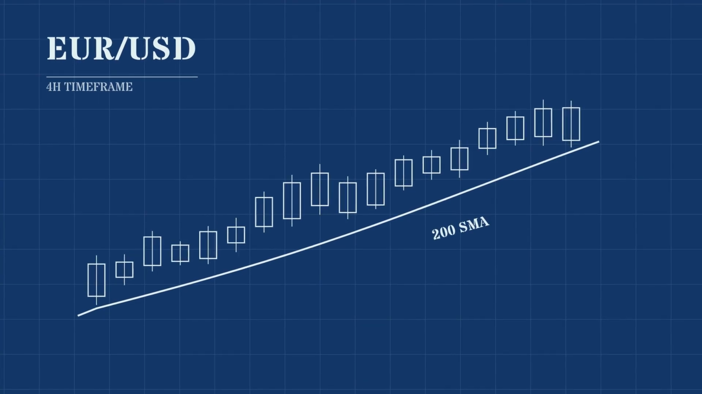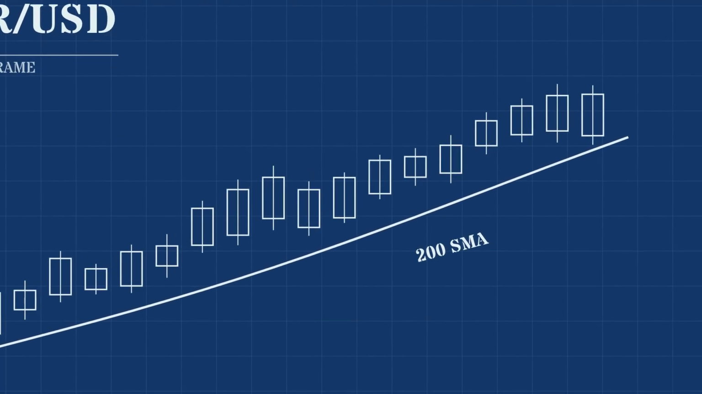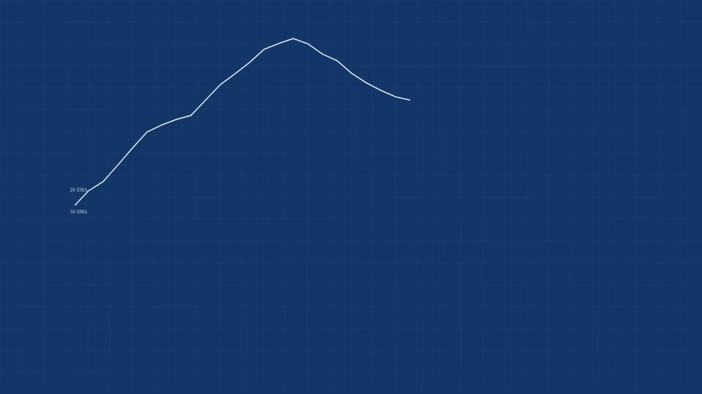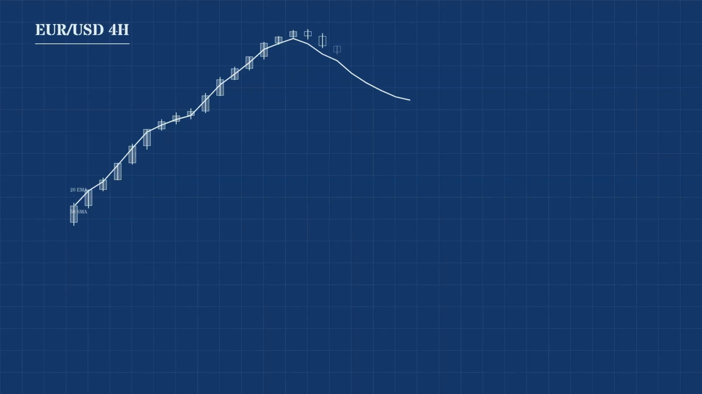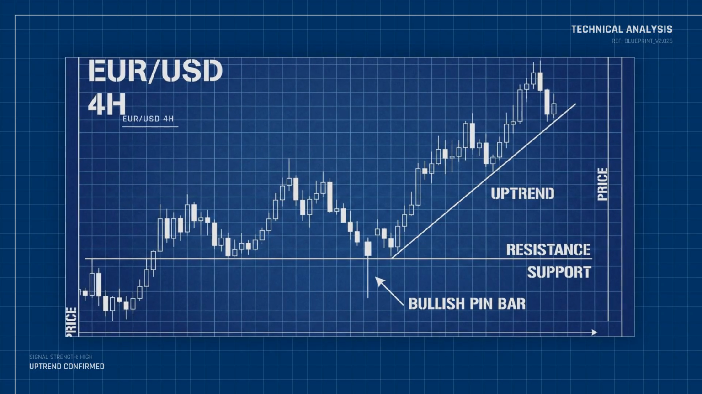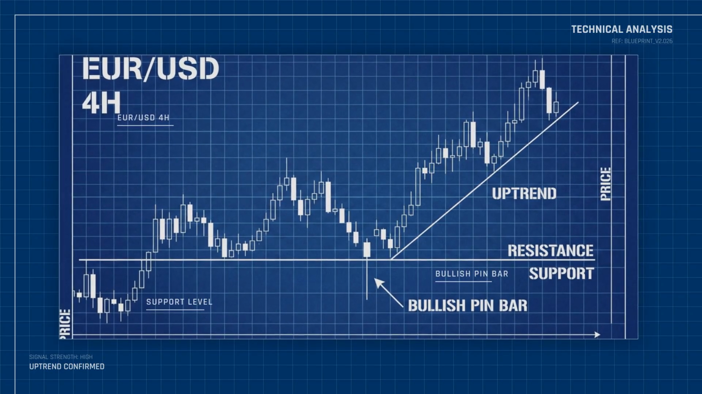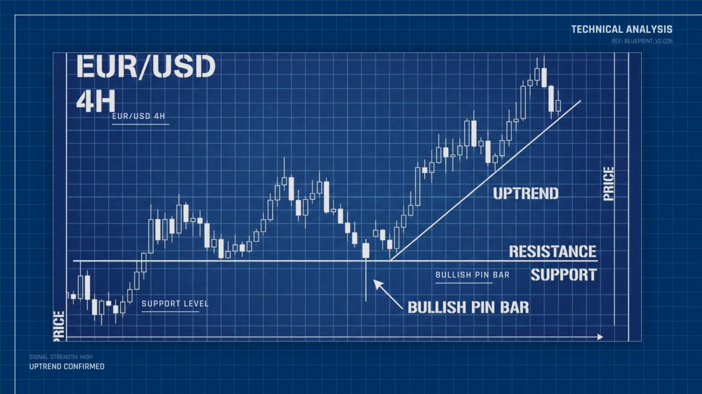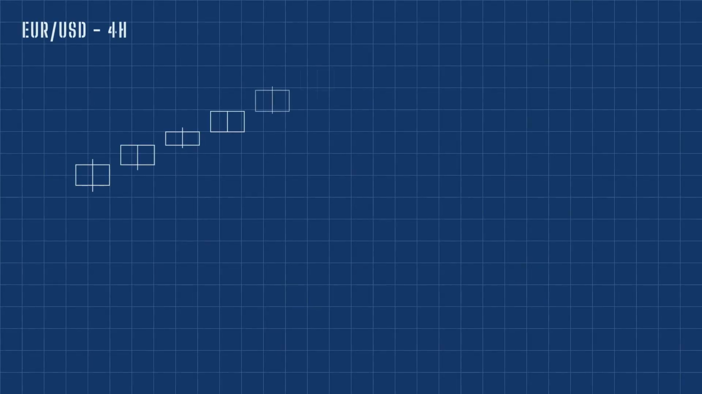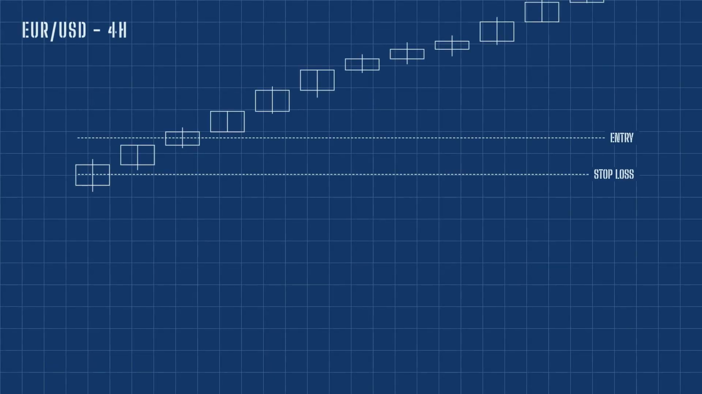EUR/USD. Notice the clear uptrend above the 200 SMA on the daily. Price pulls back right into our zone. This is where we get patient and wait for the signal. There it is, a perfect bullish pin bar. This is our confirmation that buyers are stepping back in. We set our entry, our stop, and our target. Then we let the market do the work. Don't touch it. Next, let's see a short example on